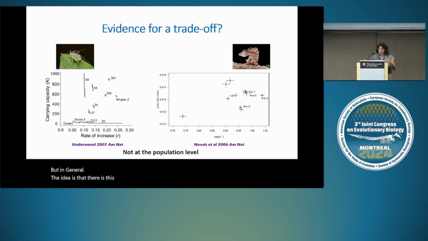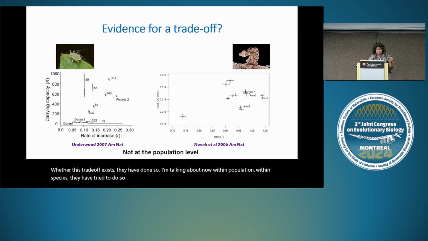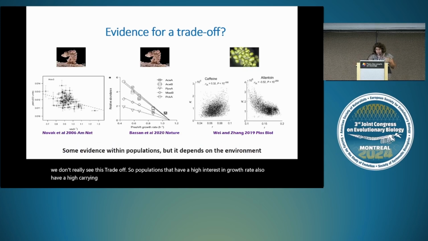So people have tried to test whether this trade-off exists. I'm talking about now within species, among different populations. And from my overview of the topic, I'm not saying a review, I'm saying overview, what I could find is that among populations, we don't really see this trade-off. So populations that have a high intrinsic growth rate also have a high carrying capacity. And then